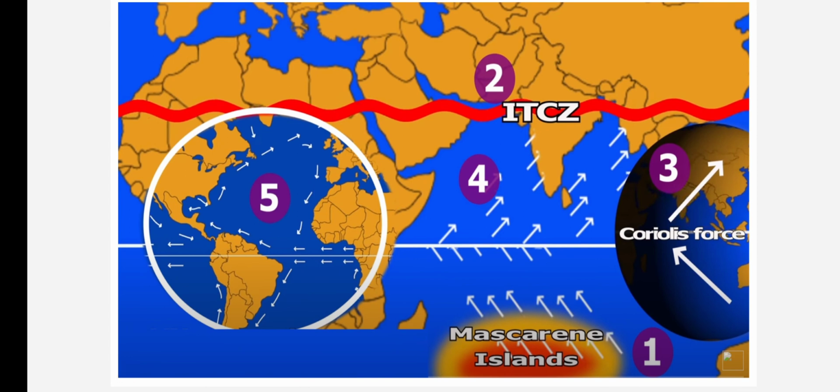We have already seen different reasons as to why the southwest monsoons develop in India, children. So, to sum up, the reasons are: the first one, development of high pressure region around the Mascarene Highlands. So, there the high pressure develops near Madagascar. Second one, shifting of the ITCZ. Third, the Coriolis force. Fourth, differential heating and cooling of land and sea. Fifth, the movement of ocean currents. So these are the 5 things which we have learned in the previous classes, right?